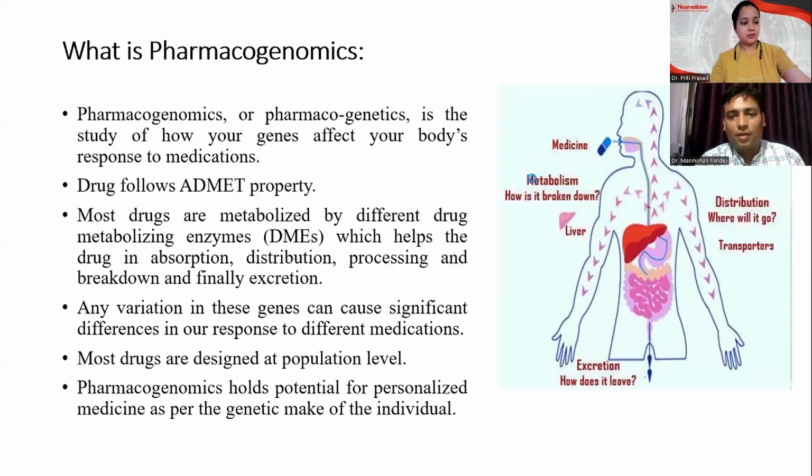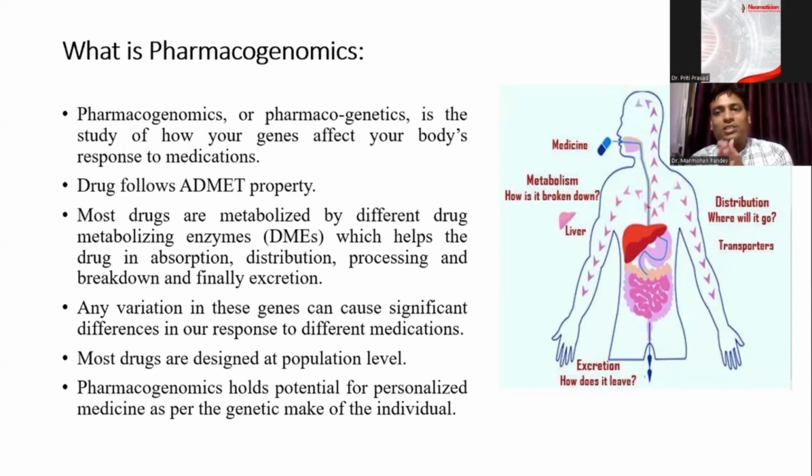Okay, fine. So before going into the details of pharmacogenomics, first let's understand what is pharmacogenomics. Normally in developing countries, around the top 10 causes of disease and morbidity is adverse drug reaction. Normally we complain that there are many drugs that don't suit us. The problem is also with the different drugs. So pharmacogenomics is the answer to all these things.